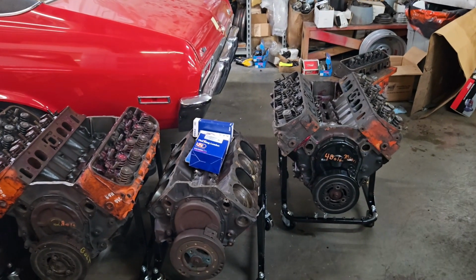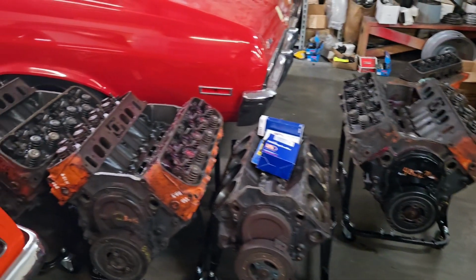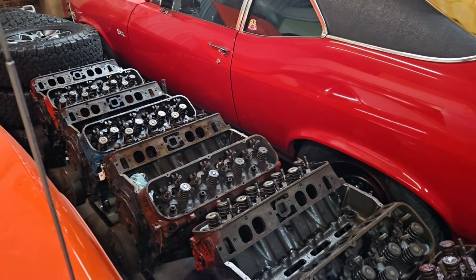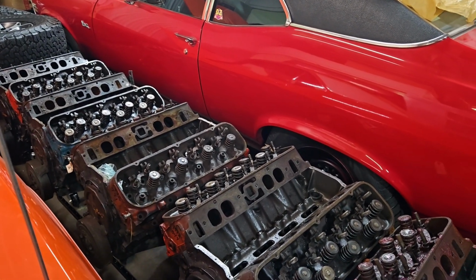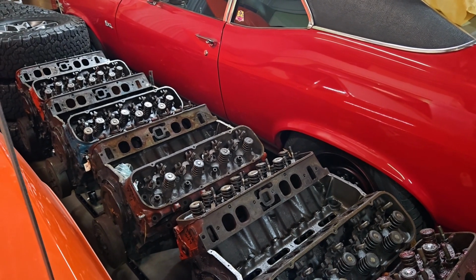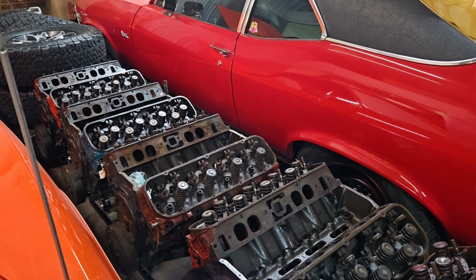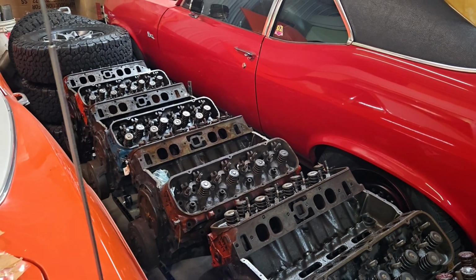Okay, next up, I'm going to show off some of my core motors that I scored this year. It was a tremendous year for hunting for cores. I don't know if the higher gas prices and the economy aided in that, but I had good luck this year. What I'm looking for is 4-bolt main,